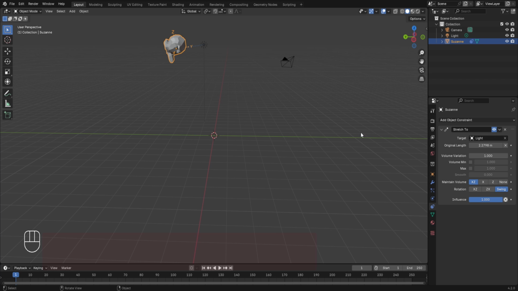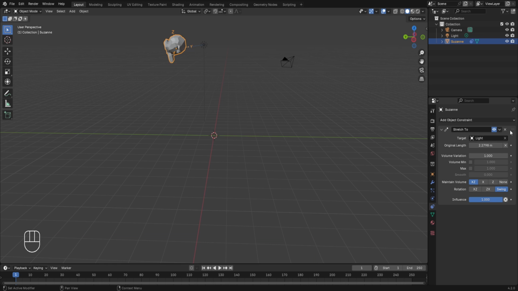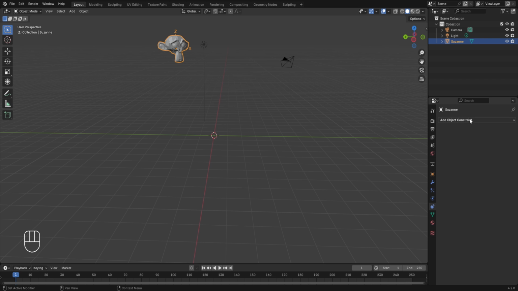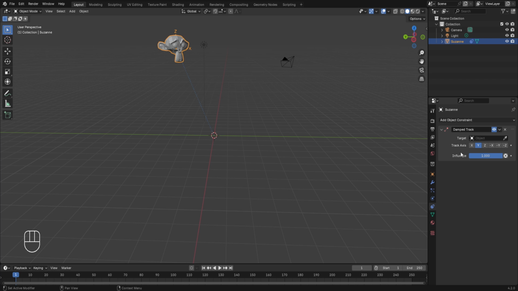Now the next constraint that we'll understand is the damp track constraint. So to add it, first we need to remove the stretch to constraint, then go to add object constraint, and in the tracking category, select the damp track constraint. Now just like the other two, this constraint is also very similar to the track to constraint that we previously studied. The only different thing in this particular constraint is that it does not give you the option to control